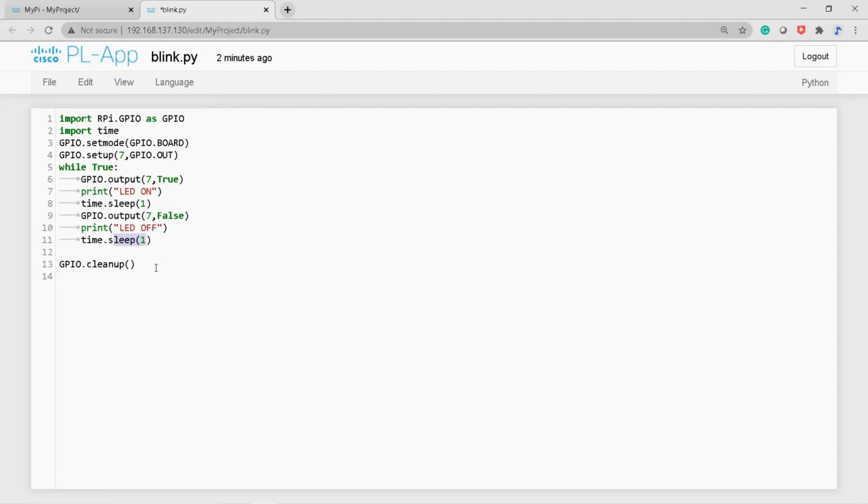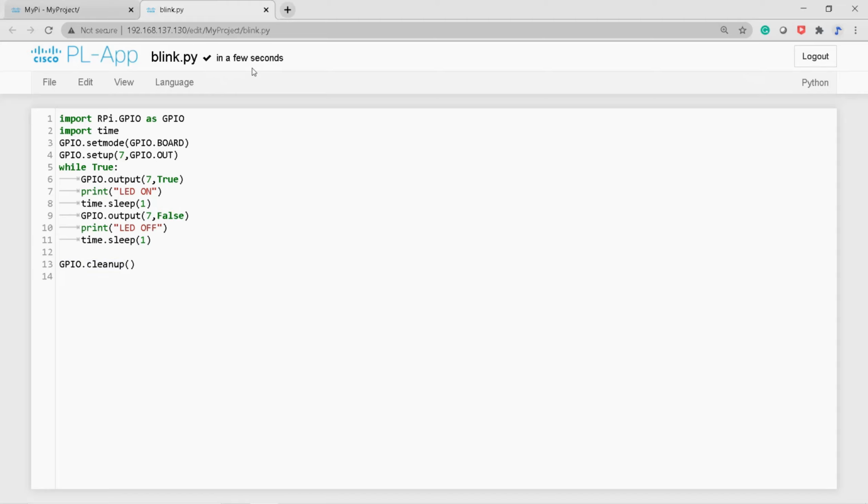Then this loop will iterate n number of times until interrupted. Here I haven't used any exception handling mechanisms. Try catch I didn't use. Later I will use it in sensor based projects. So at last, when you break this loop, finally the GPIO pins get cleared up. For that, cleanup is the method name.